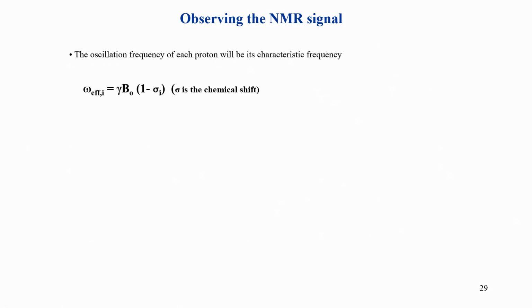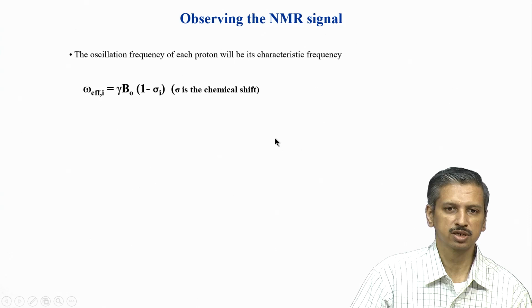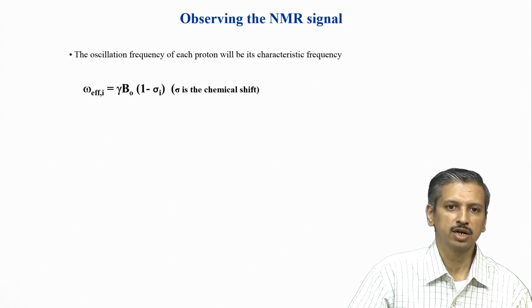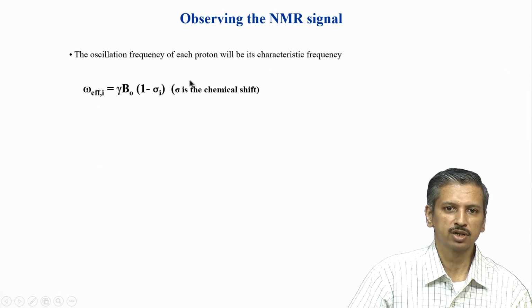So, now let us see what is the concept of chemical shift, because the frequency which I showed in the previous slide is different for each proton in a molecule. So, which means it has to depend on what is called the chemical shift. Why is the frequency different? Because of this concept. So, what is the chemical shift? Let us look at it like this.